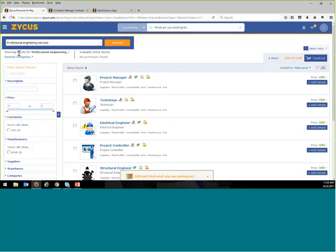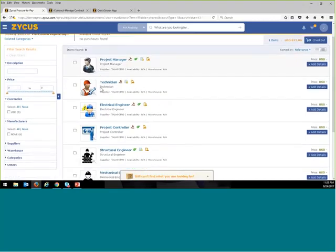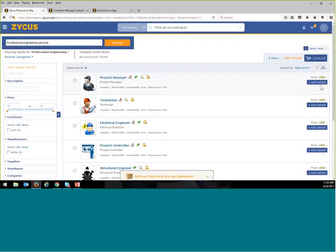We also support, and in this case, this is a little bit fancier than a simple rate card, notice there are no prices over here, right? So these are what we call virtual catalogs. They're services-based catalogs where you've got a contract, say with Taliesin, and you purchase project management, technician, electrical engineer, structural engineering services, et cetera, from Taliesin. So now you're exposing in the form of a catalog the information to procure off that contract to the end